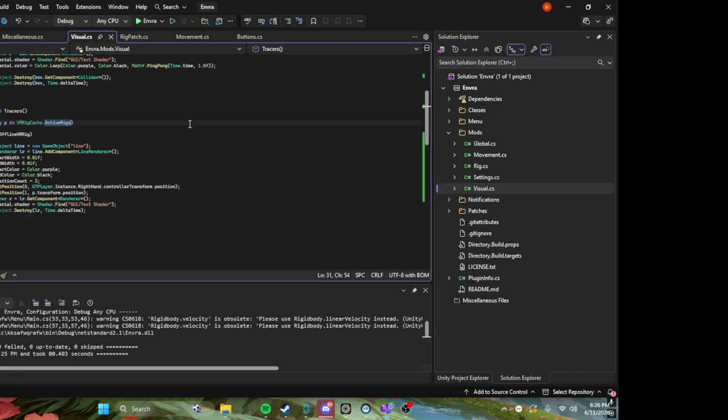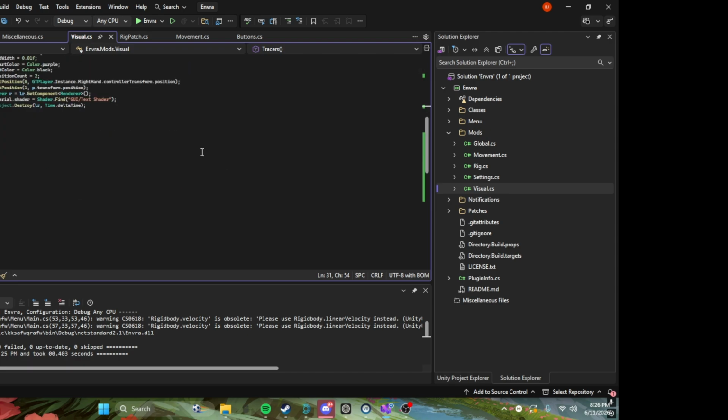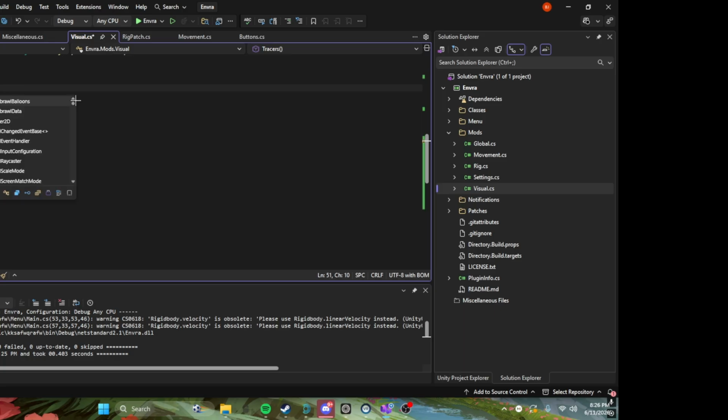How to make tracers: create a new game object, create a new line renderer and add the line renderer to the line object. Add the start width and end width, set your start color and end color, set your position count, set your position hand, and then your player. Make the renderer and then destroy. Okay, I remember now. So now we're gonna make the box ESP, but don't mind what I'm naming my voids